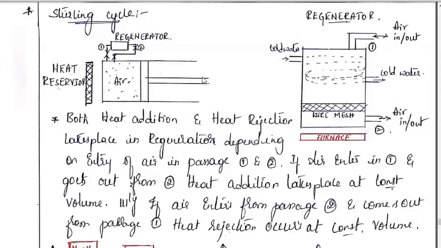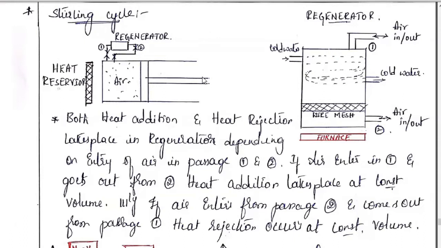Let us discuss the Stirling cycle. So the last 4 cycles we have discussed are the Carnot cycle, Otto cycle, diesel cycle, and dual combustion cycle. In the previous session, we discussed the dual combustion cycle. It is a combination of both the Otto and the diesel cycle, which in turn gives you the maximum efficiency, and we have solved problems on the dual combustion cycle.